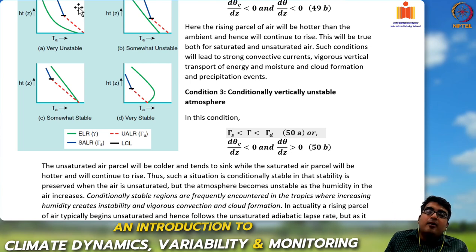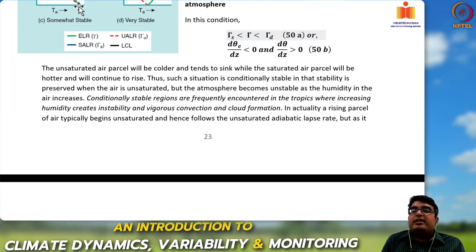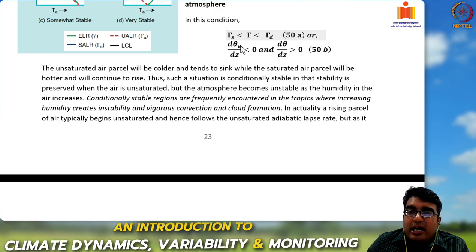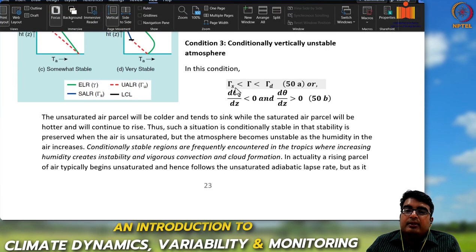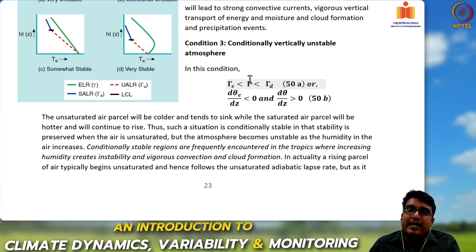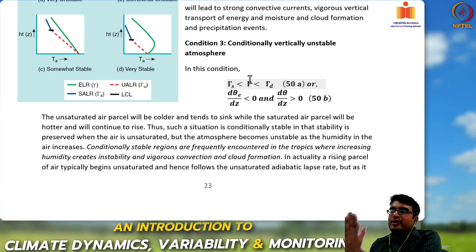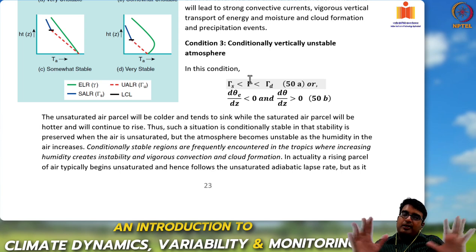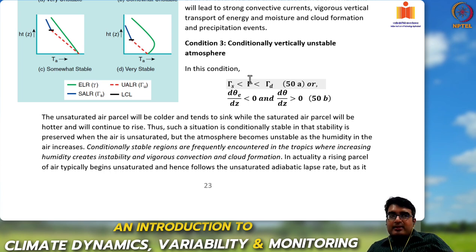Okay. Finally, we have a conditionally vertically unstable atmosphere, or a conditionally stable atmosphere. Both names are given. Here, the environmental lapse rate is in between the saturation lapse rate and the dry adiabatic lapse rate. So the environmental lapse rate is lower than the dry adiabatic lapse rate, so the atmosphere remains stable under dry conditions. However, the environmental lapse rate is greater than the saturation adiabatic lapse rate, and hence if there is a lot